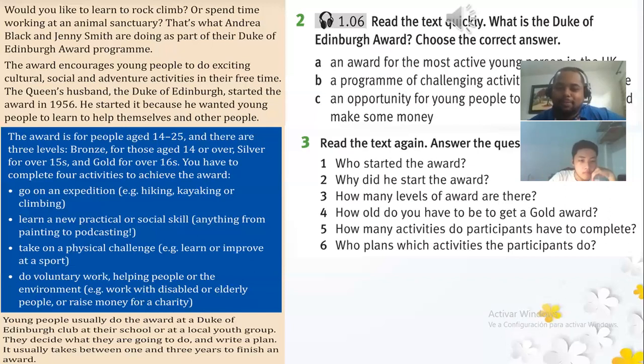Do voluntary work, helping people or the environment. For example, work with disabled or elderly people or raise money for a charity. Young people usually do the award at a Duke of Edinburgh club at their school or at a local youth group. They decide what they're going to do and write a plan. It usually takes between 1 and 3 years to finish an award.